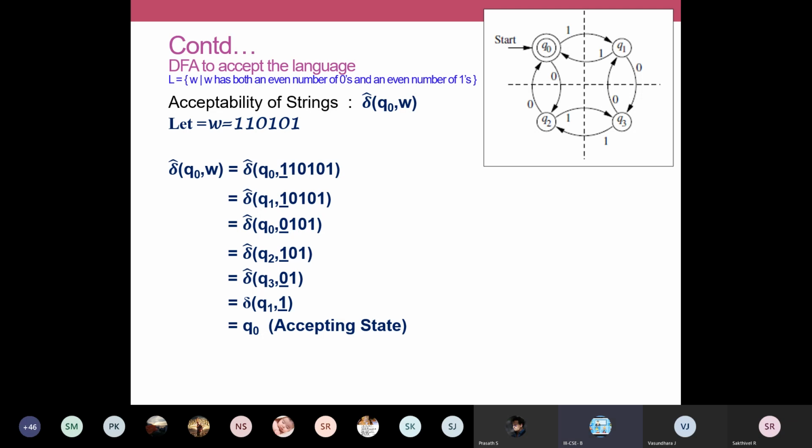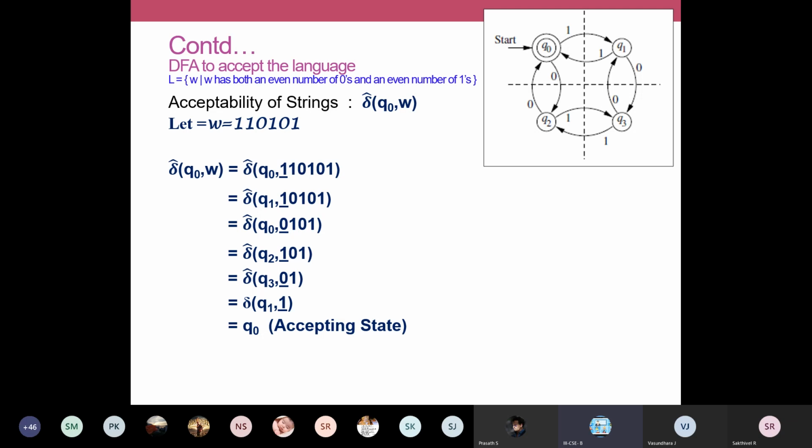So the next step of your derivation is that you write Q1 here. So delta of Q0 comma 1 is Q1. We have made a transition from Q0 to Q1 on reading the input symbol 1. The statement goes like this: in state Q0, on reading a 1, we have made a transition to state Q1.